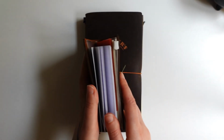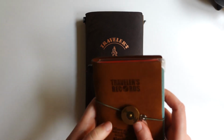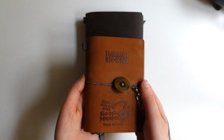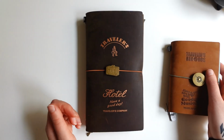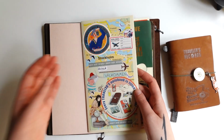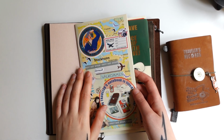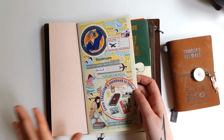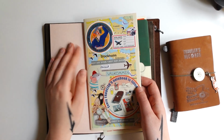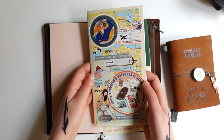This one is for short trips. I have a short trips insert in this one and document some of the short trips here, but sometimes I just switch a cover and put the insert in some other covers. And in this one now I have an insert prepared for the next trip already. I just finished one insert in regular size with a few shorter trips. I showed it also a few videos ago, a flip through of the insert with some of the trips in Sweden that I just finished, and I didn't start a new insert yet,